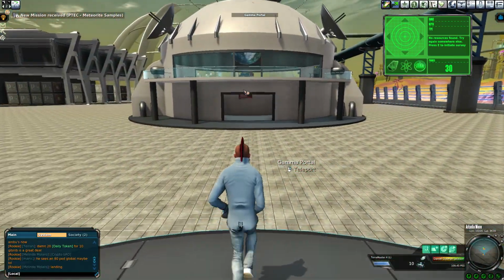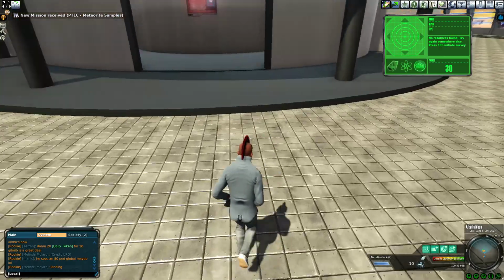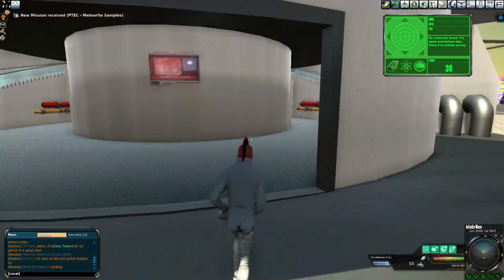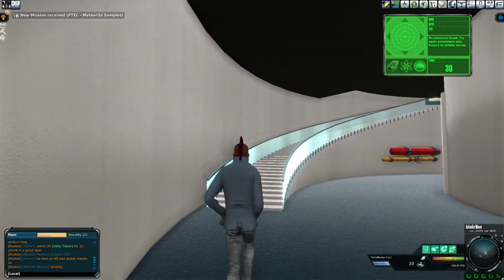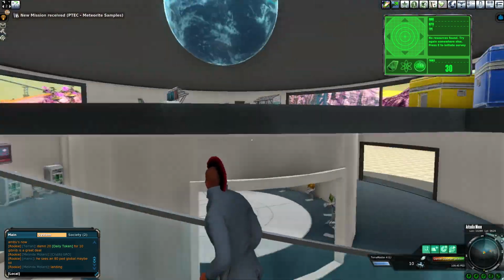Oh, and we didn't go anywhere. I don't know. Yeah, I didn't expect anything to happen. I just wanted to make a big deal out of nothing. So let's head up here. Let's see if we can find a trade terminal. Ooh, and there's a trade terminal. What is this? Ooh,